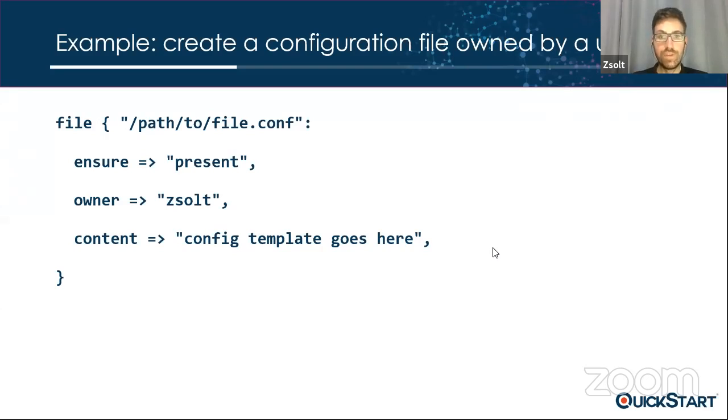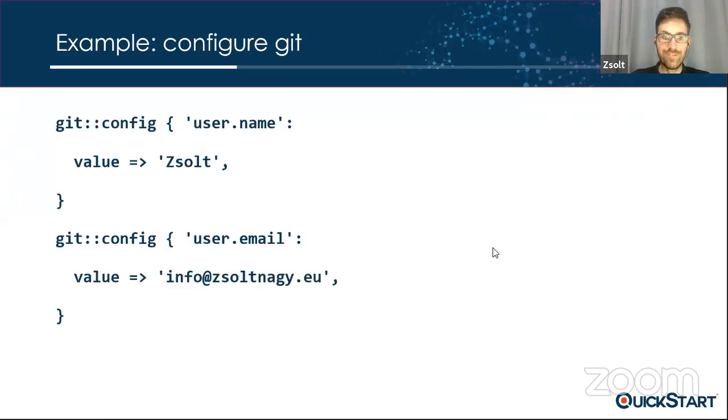In fact, you don't need to place all the content in here, because you can also use a templating language that makes sure that you can write maintainable configurations even with Puppet. That's another example for Git configuration, where you need to configure, for instance, the username, the user email. This is a typical configuration change that you can execute, especially if you host, let's say, Git locally.